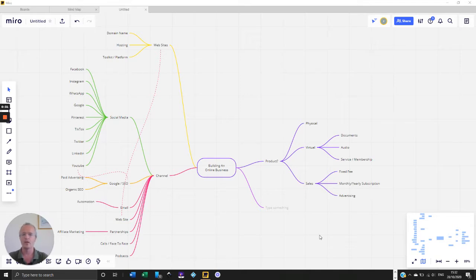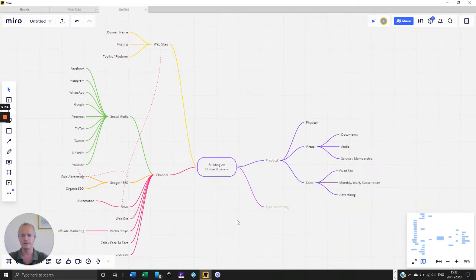So, as we mentioned before, we are using this mind mapping tool, Miro, or Miro, I haven't quite decided yet how to pronounce it. And here is the tool itself. In the previous video, we covered all of these areas that are already linked. Now we're going to carry on with the remaining aspects that we want to talk about, the different factors involved with building an online website.